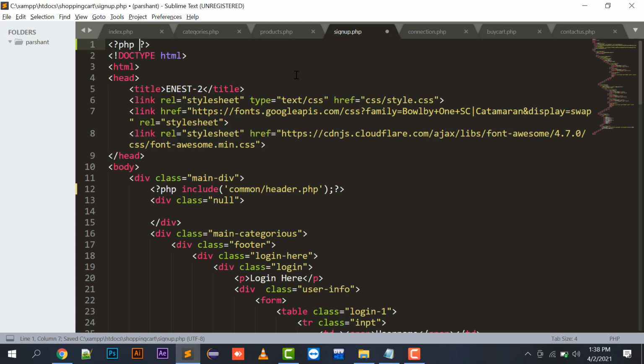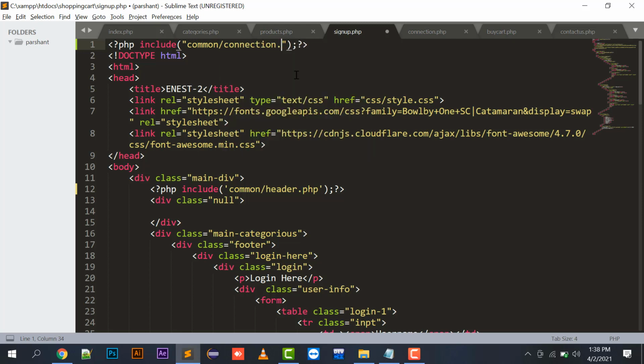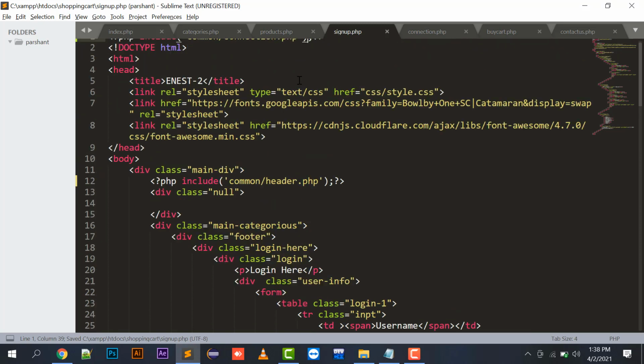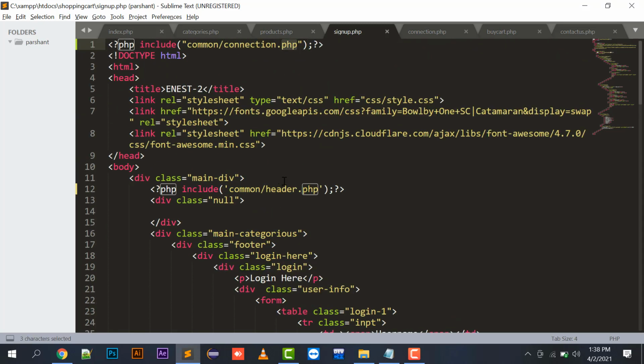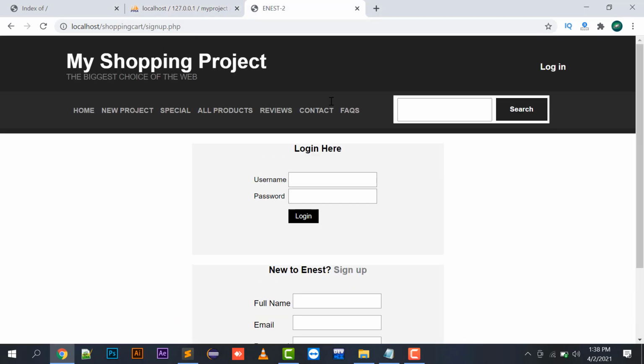So I have to include this file here. So include common, the file name is connection.php. Got it? So this is the file which I have opened here. Let's start with the sign up page.